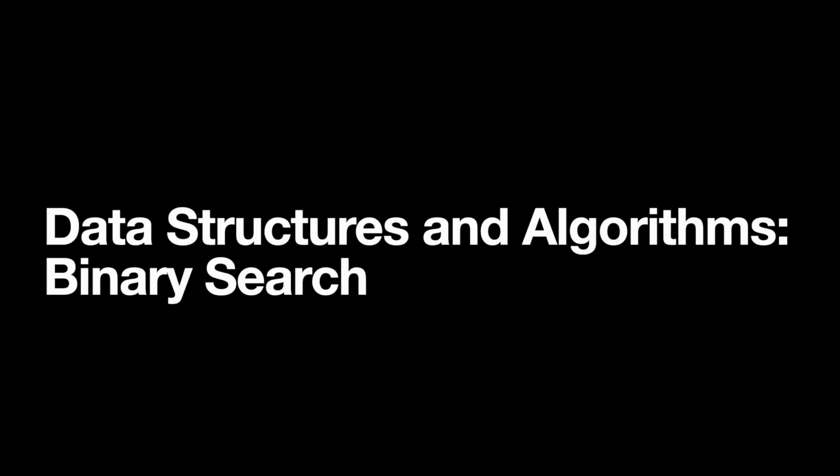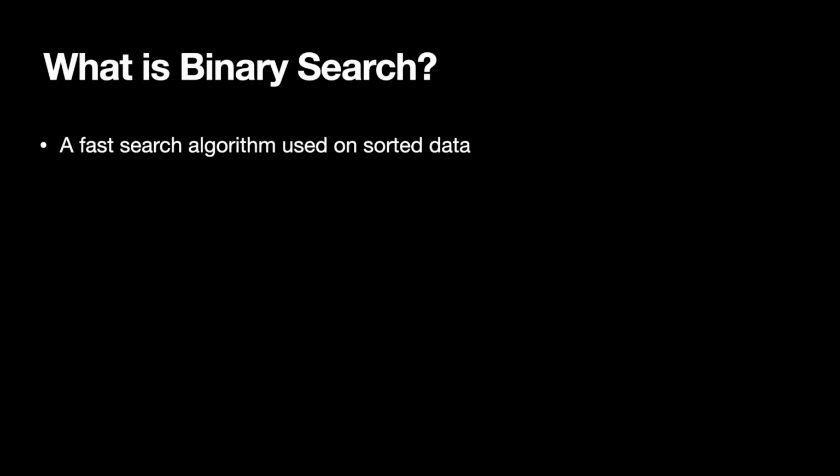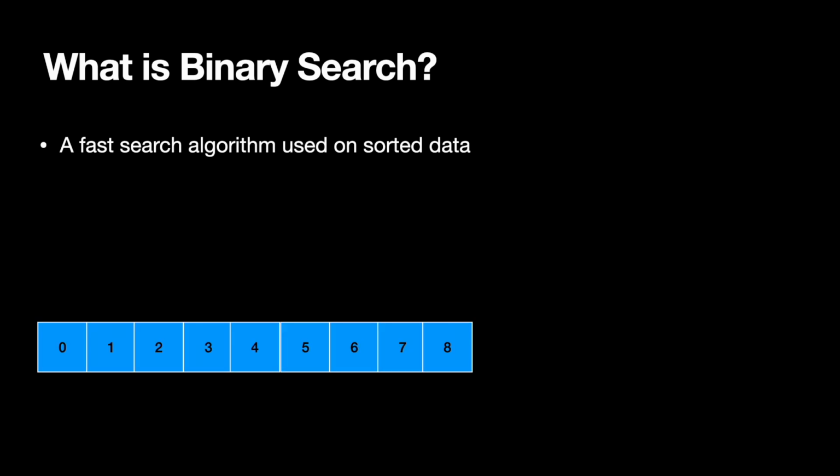Today I'll be covering binary search. Binary search is a fast search algorithm used on sorted data. So let's say we have a sorted array of numbers 0 through 8, and we want to find the number